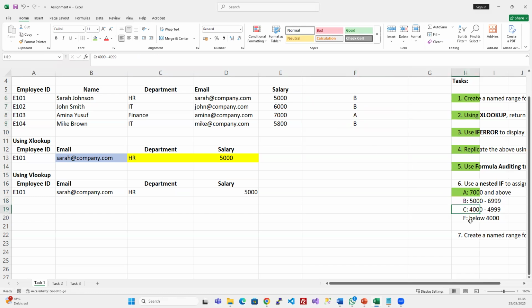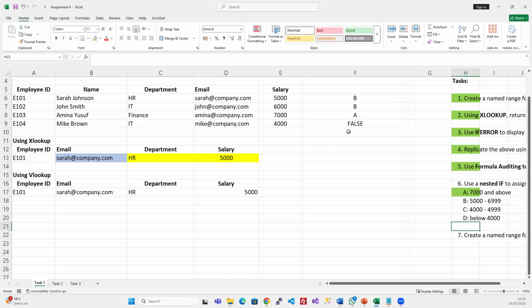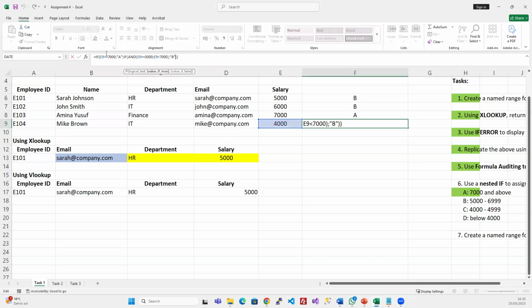But if I had someone that was earning, let's say 4,000, then I get false again because I've not made the formula to take care of category B, category C and This was supposed to be D here. Category C and D, right? Meaning I have to continue nesting ifs in this if formula, okay? So let's continue. So the next one will be,